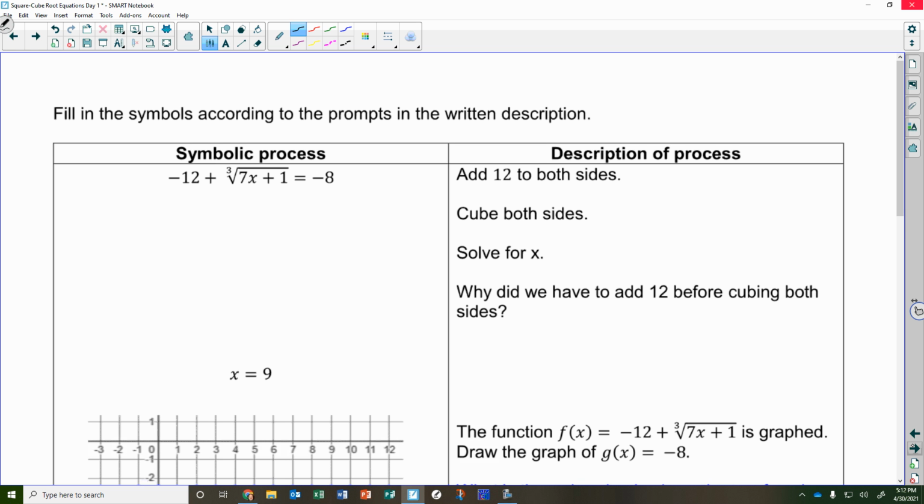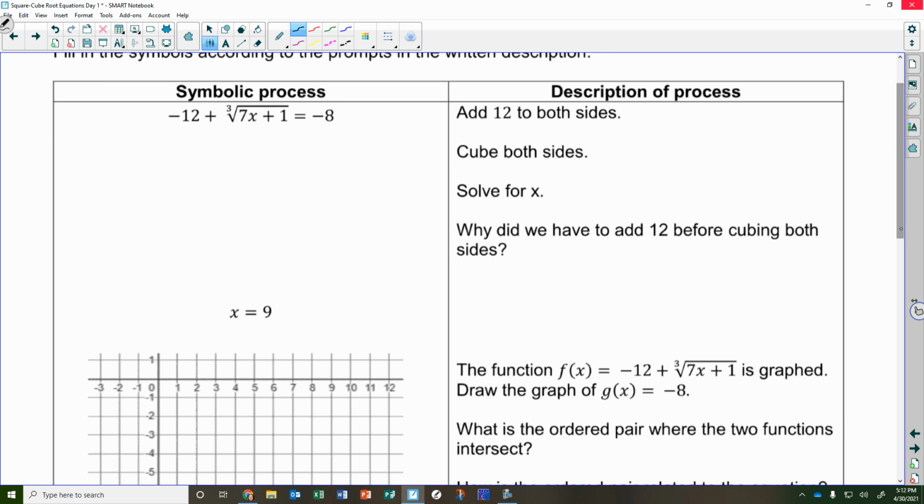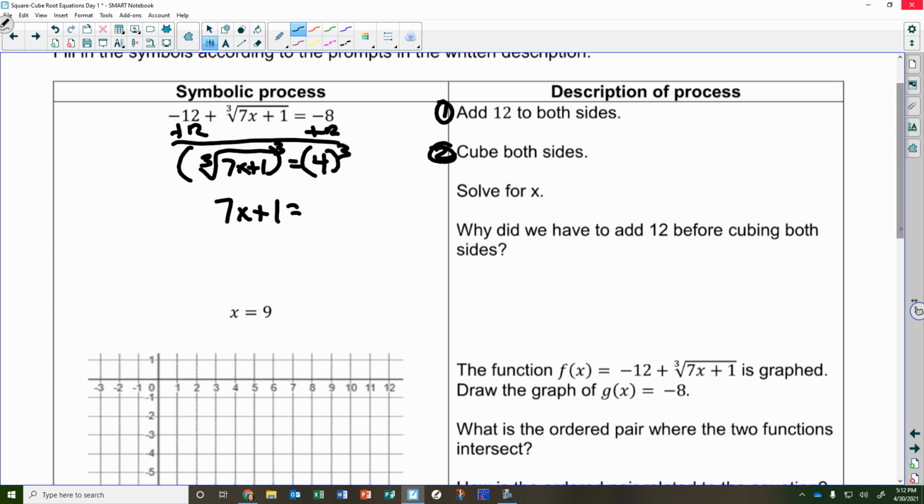Now, a cubic root function is a little different because we have extra stuff outside the root. We want to get rid of that. So we're going to add 12 to both sides, as the first step says. So when I do that, I'm left with the cubic root of 7x plus 1 equals 4, because negative 8 plus 4 is 12. Now in the second step, we got to cube both sides because we have a cubic root, not a square root. So to cube both sides, we'll lift the radical and leave 7x plus 1 equals 4 cubed,